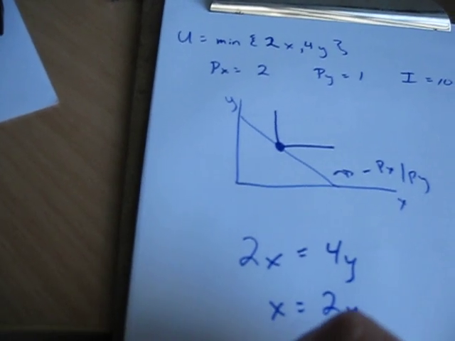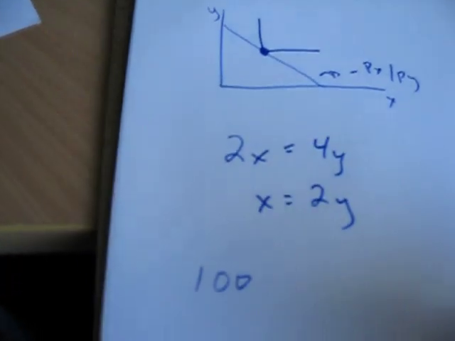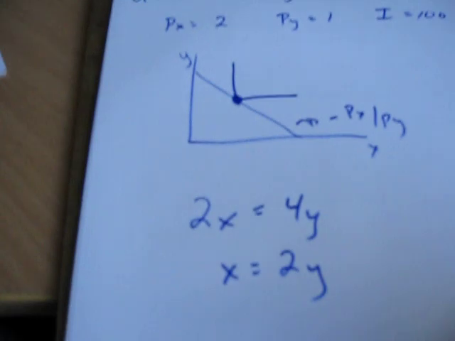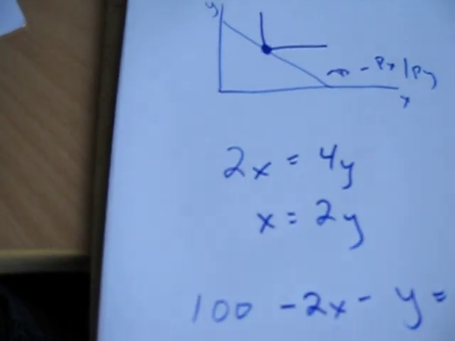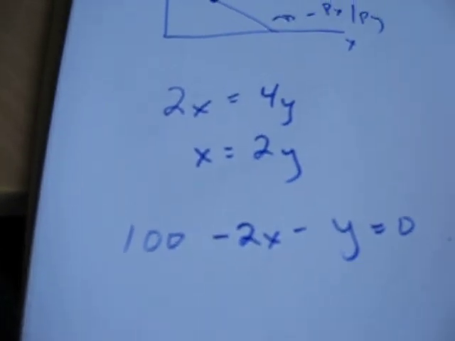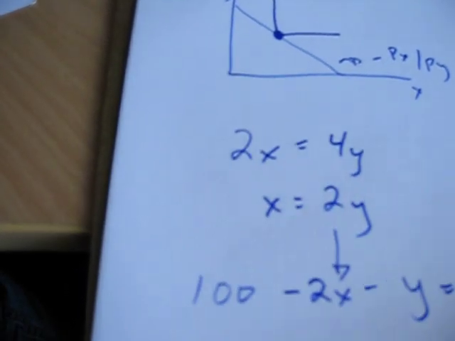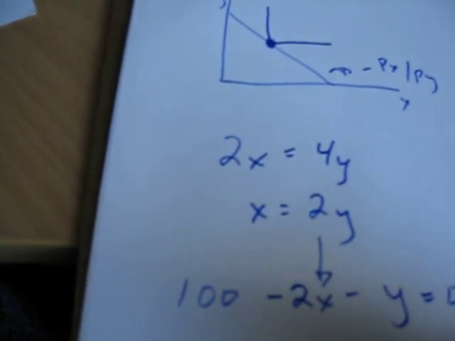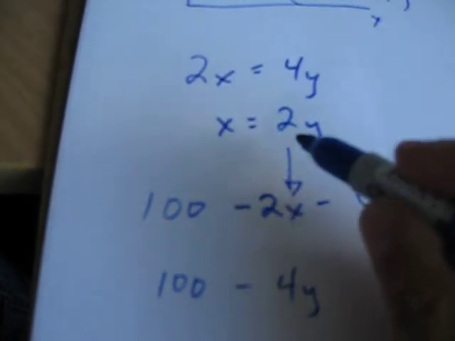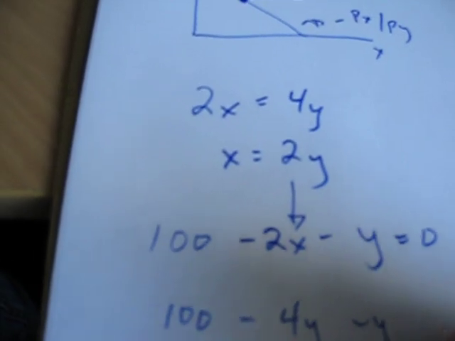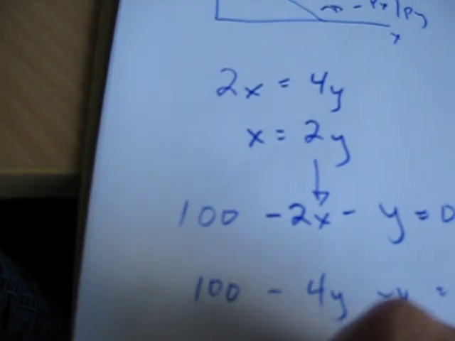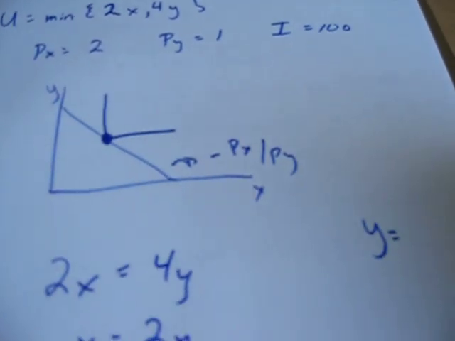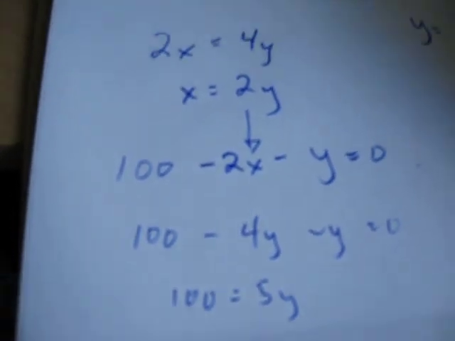Our budget constraint is the income, 100, minus the price of x, 2, minus the price of y, which is 1, so that's going to be equal to 0. So plug that in right there. x is equal to 2y. So we have 100 minus 4y, 2 times 2 is where the 4 came from, minus y is equal to 0. 100 is equal to 5y, and that tells us the optimal amount of y is 100 divided by 5,